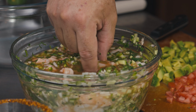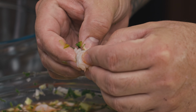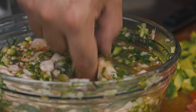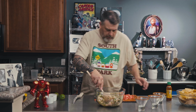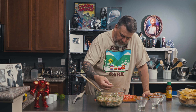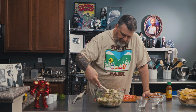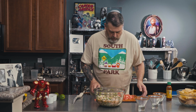We have our shrimp and it's cooked on the outside, still a little translucent on the inside, which is what we want. We don't want it to be all the way through. We still want it to be a little translucent. So there's our shrimp. It's been in the fridge for about 15 minutes. You can see. It is perfect. Bam. We're going to add our